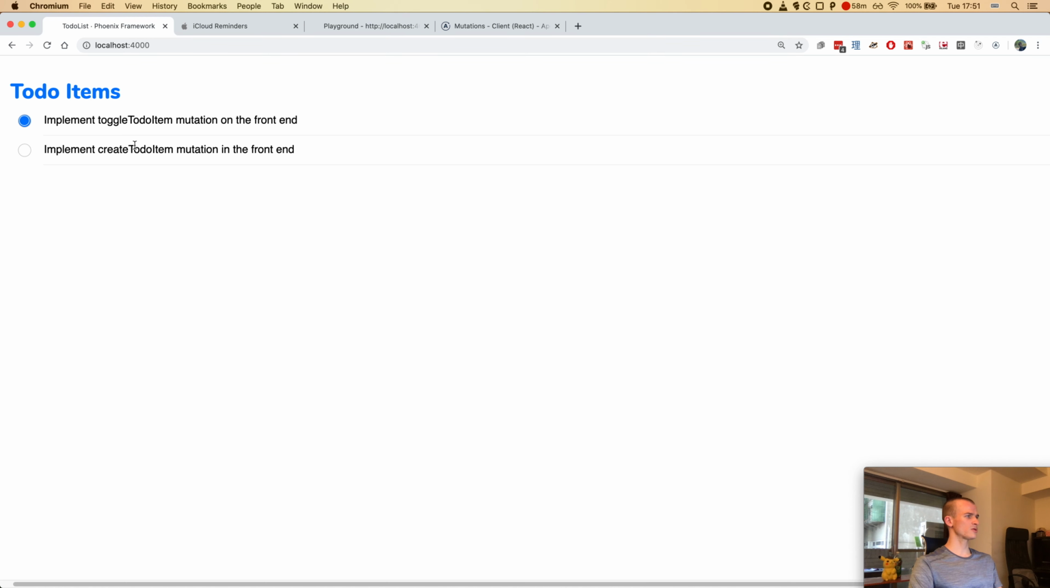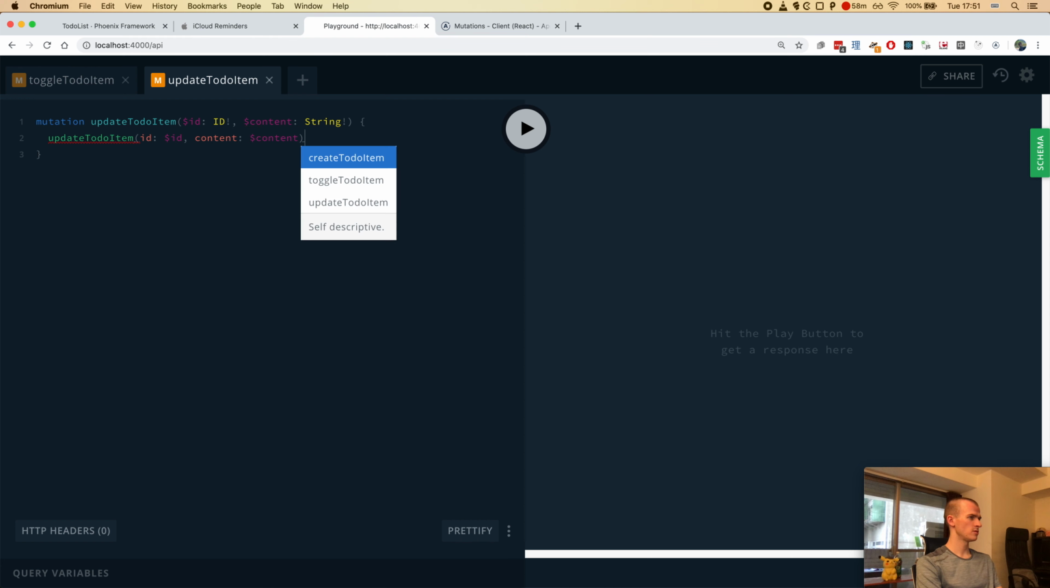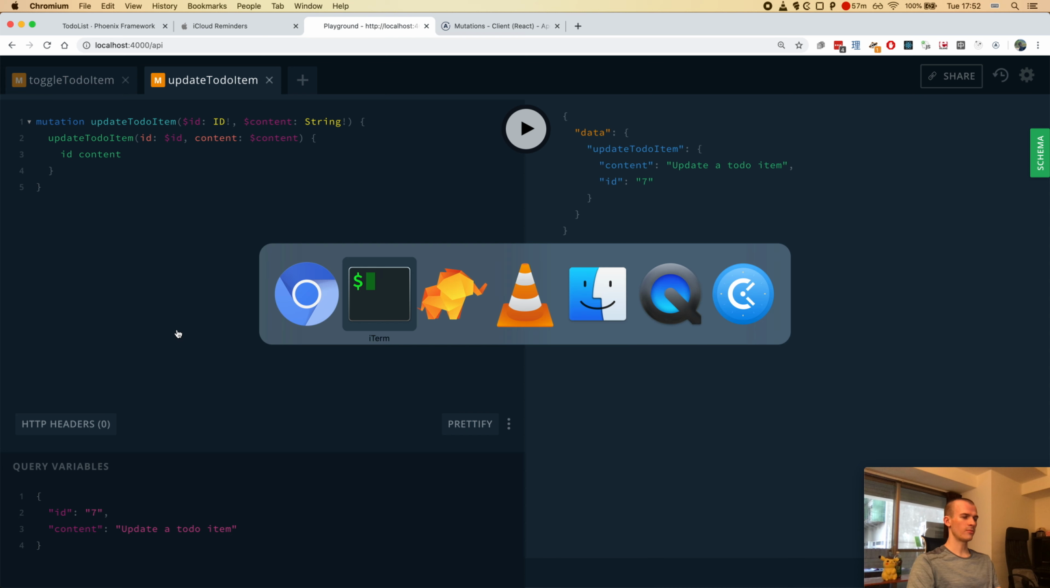We have items 7 and 8, and I pass the ID to the mutation, and I pass the content to the mutation. And due to the fact that we will be updating ID and content, I need to also fetch the ID and content from the result, and I pass it two variables, and the first one will be the ID, and this will be 7 or 8, and the new content will be update a to-do item, and I run the mutation,